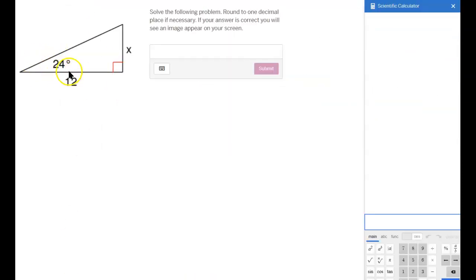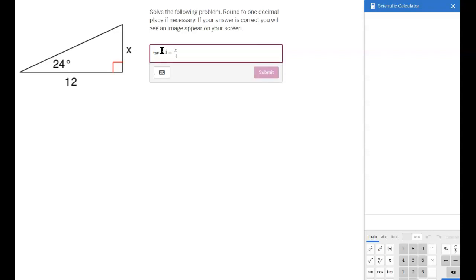Here we have a theta of 24. We notice that the opposite side when we draw an arrow is x, and we see that the adjacent is 12. So again, we're going to use tan because we have the opposite over the adjacent. So our theta is 24, and this is equal to x over 12, opposite over adjacent. Now we're going to cross multiply so that when we do, we get x is equal to